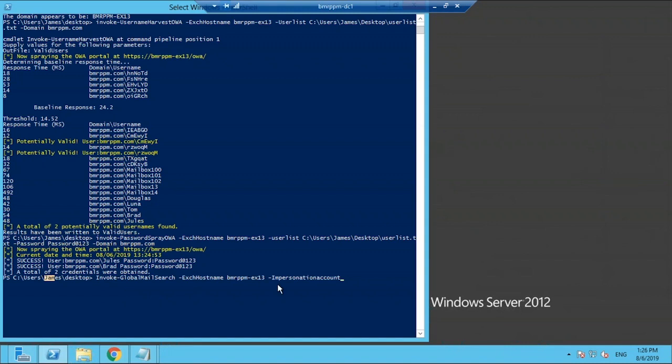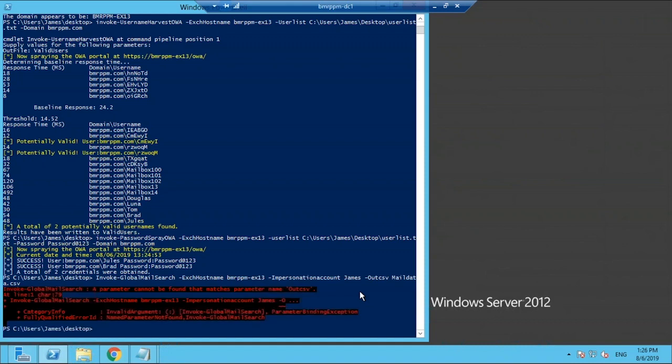James, in this case, is going to use the admin credentials to impersonate himself as the administrator, so he can get the mails that are being sent inside the organization, right? So that's the impersonation account, James, and we can output this to a CSV file. So let's call that mail data.csv, right? And once I hit enter,